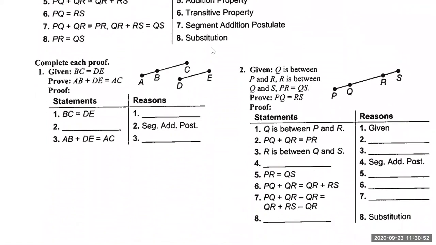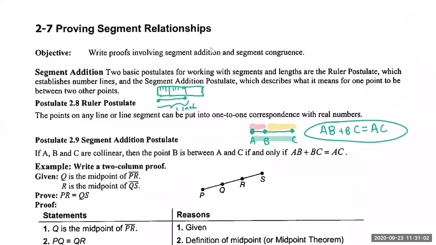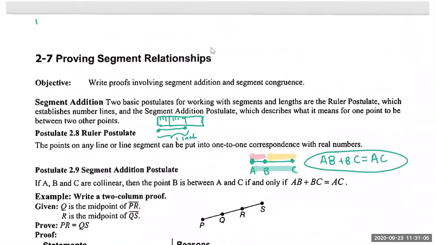So if you scroll down to problem number 1, actually before I get to this one, I do want to add one other definition here. So if you can write this on top, we've already defined this in the earlier part of the unit, like this packet. We have the definition of midpoint, but I just want to write it out here as well. And what this says is that if R is a midpoint, midpoint has the word mid in it and point to say that it's the middle point of QS,